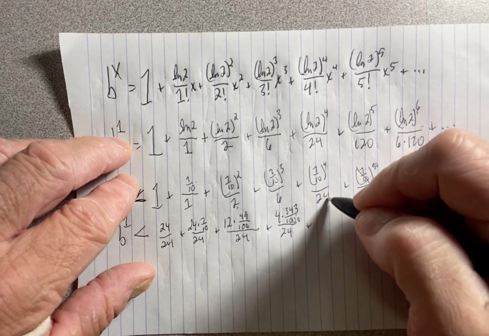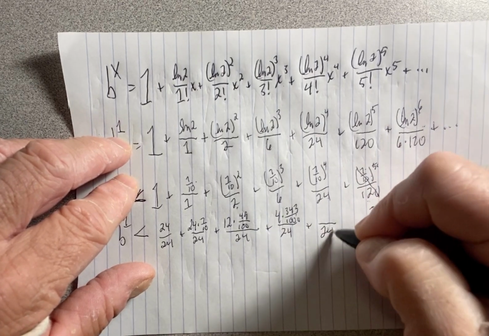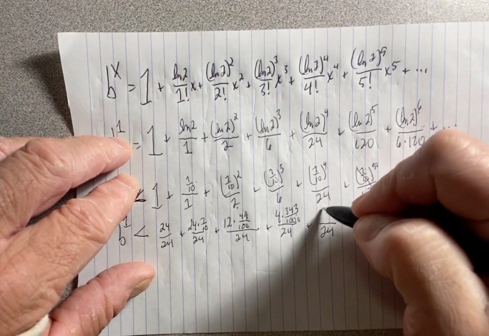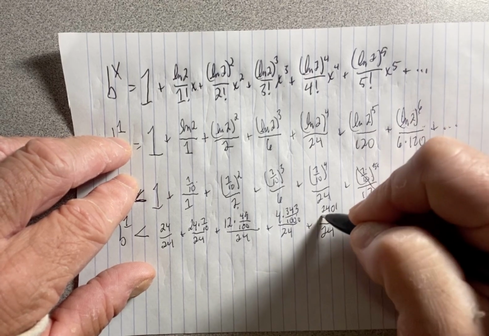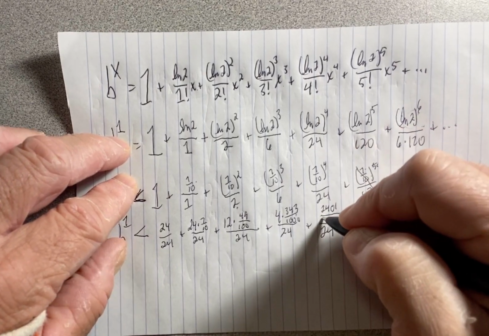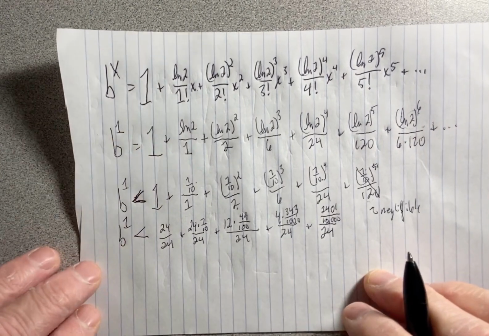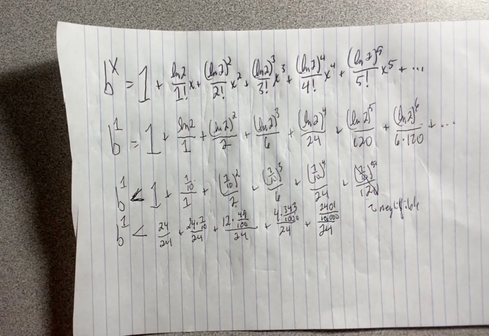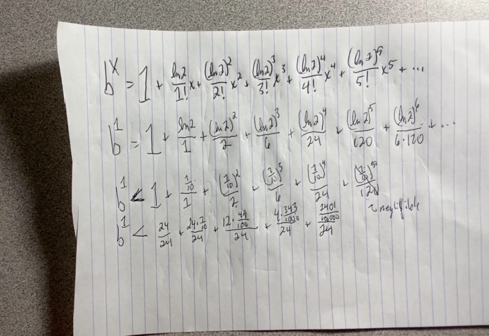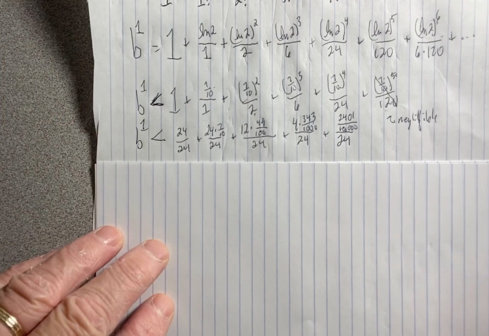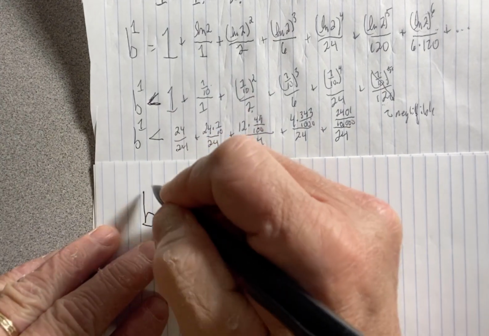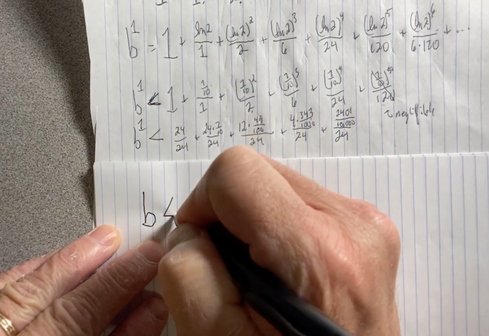Plus, now 24 already has the common denominator, so we can just call that 2401 over 10,000, because 10 to the fourth is 10,000. Wow. Man, I better get out another sheet of paper because I'm starting to write so small, and I do remember a comment that said they couldn't see. So let's say what we have so far. So we have b to the 1, which is just b, is slightly less than